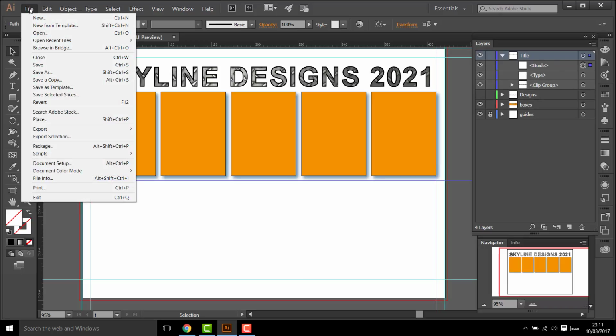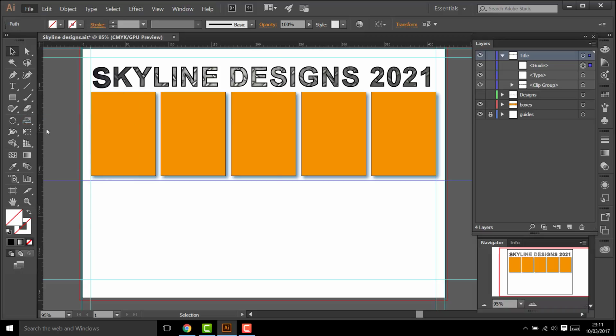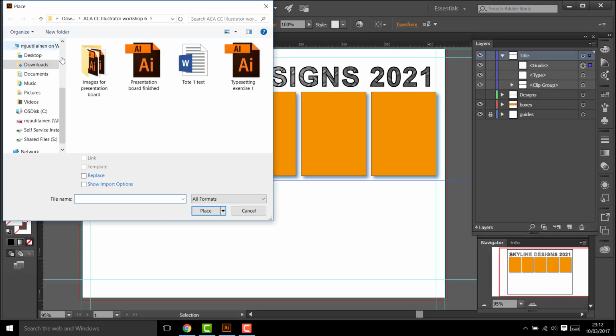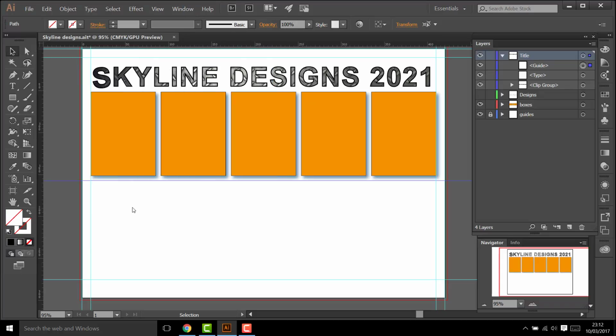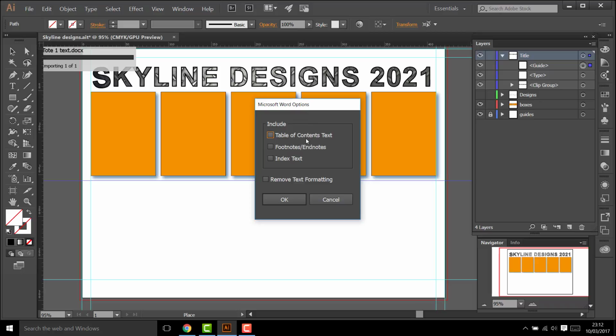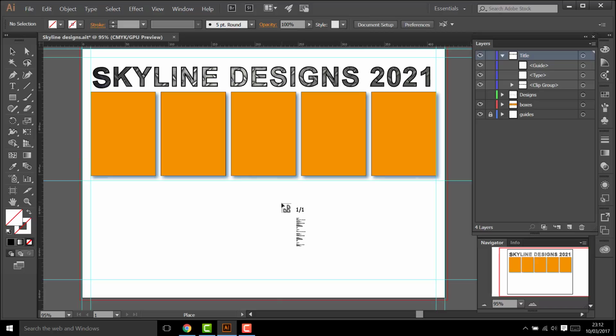So if I go File, Place, then I pick this Word document and then click Place. This window comes up. I'm not going to have any of these boxes ticked, so I'll click OK. You can see now my cursor is loaded with the text. There's a thumbnail there, and I'm just going to bring that up to my guides there and then click to